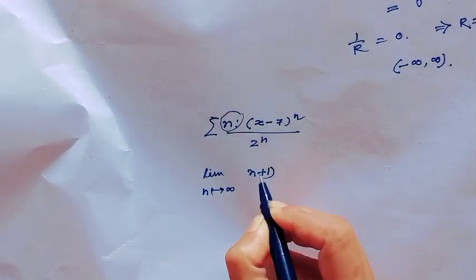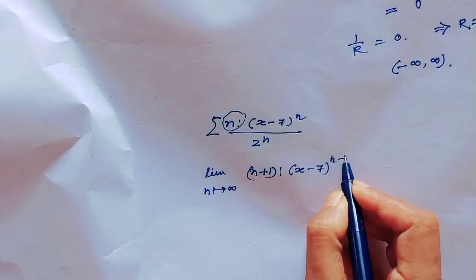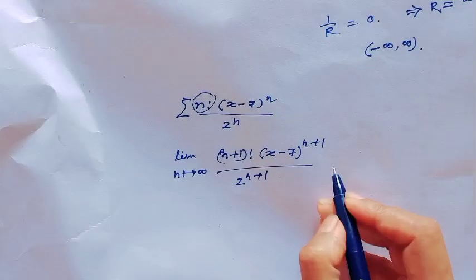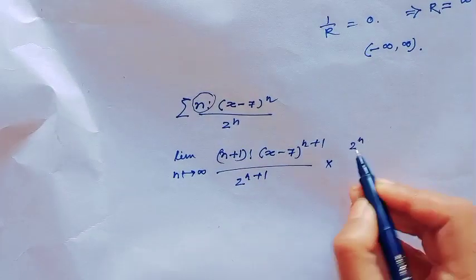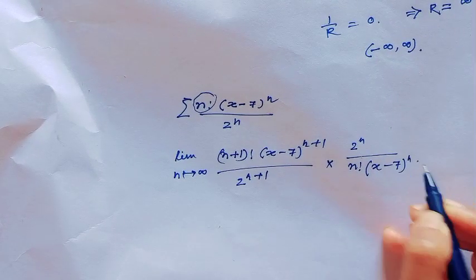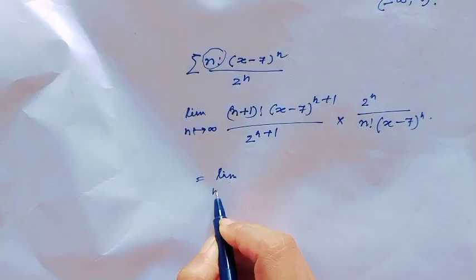That means (n plus 1) factorial times (x minus 7) to the power n plus 1 over 2 to the power n plus 1, times 2 to the power n over n factorial times (x minus 7) to the power n, and this value is the limit as n goes to infinity,